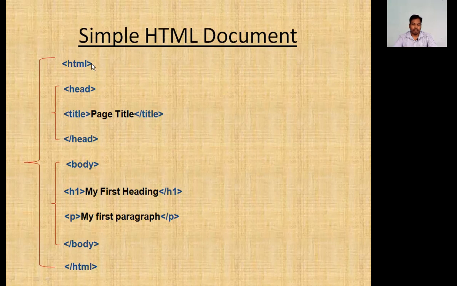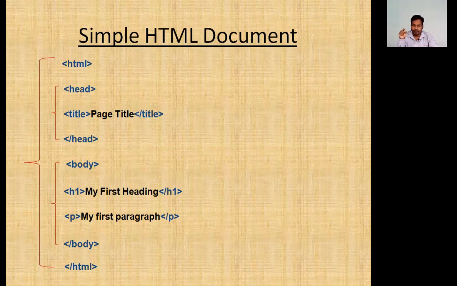Now see, a simple HTML document. Here, HTML, these all are tags. Getting? These all are tags. HTML tag. See, here we have the HTML tag. Whenever you open, you can notice here, right? The HTML tag is opened in the first line, and at the last, the HTML tag is closed. In the starting, the HTML tag is opened, and in the last, the HTML tag is closed.